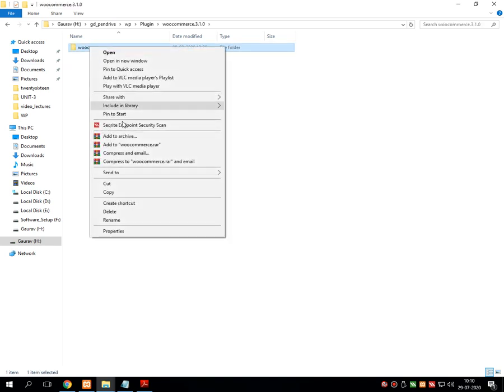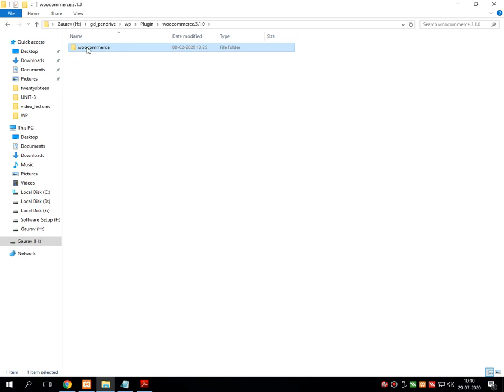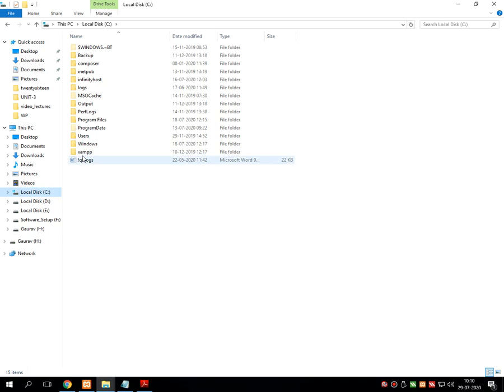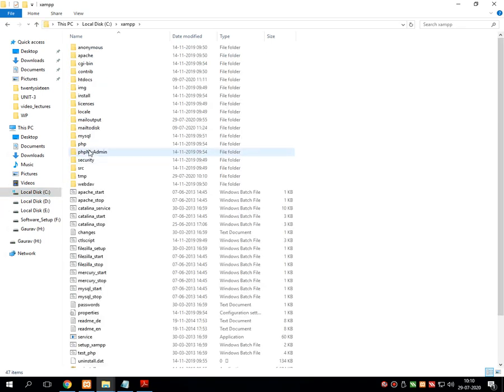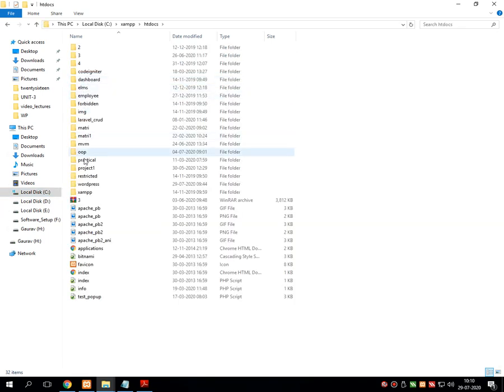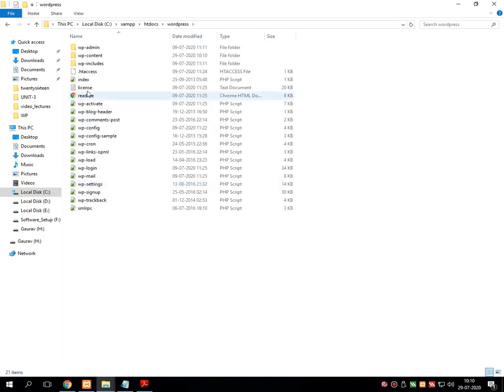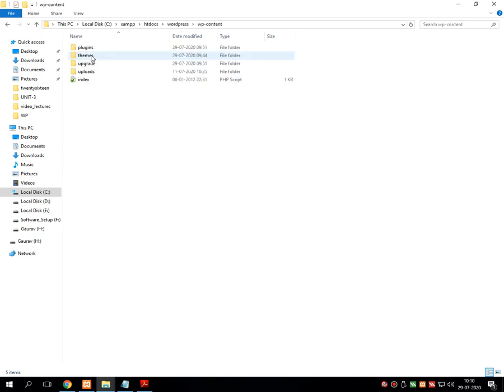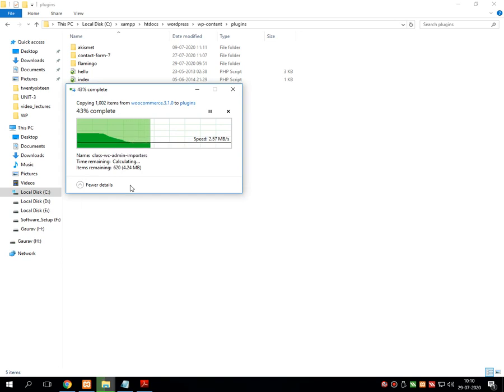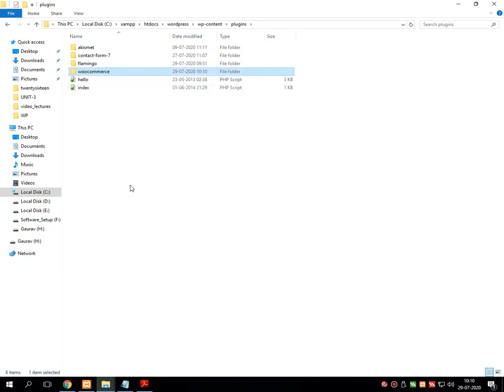Just copy that plugin, go into the C drive, XAMPP, htdocs, WordPress, wp-content, plugins, and paste that folder over here. The extracted folder should be pasted over here.